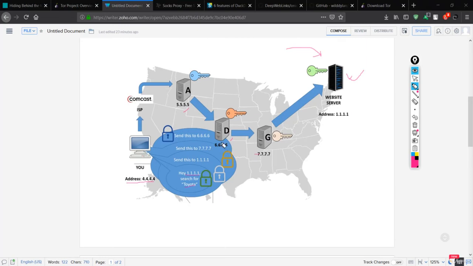Let me say that this sends data from here, that is 1.1.1.1, and first it should go through this. This is the first server that it will communicate with.